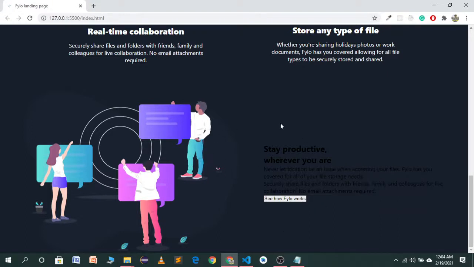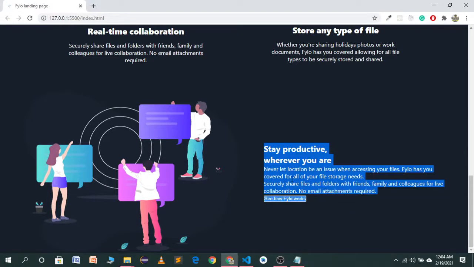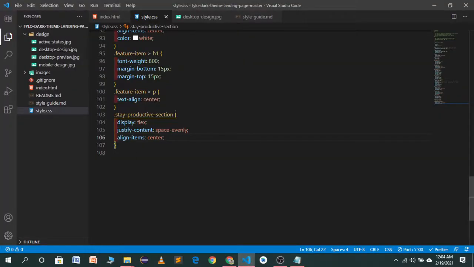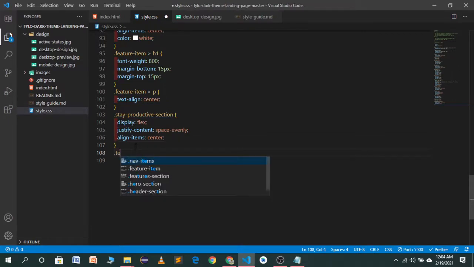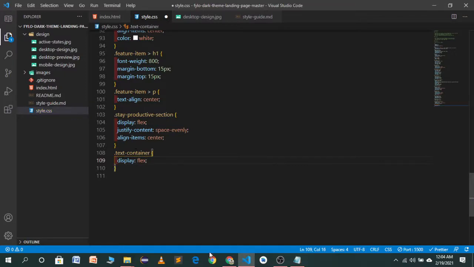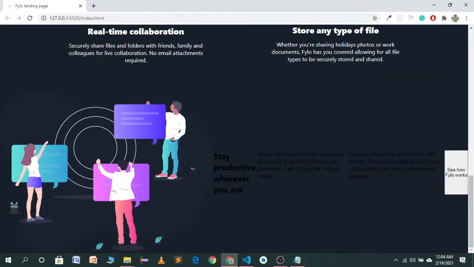Now we have to target our text container, and we want a color of white and space between our paragraphs, heading and button. So let's target our text container. Now we use curly braces. I will use display flex. Now you will see these items are aligned in the wrong direction.